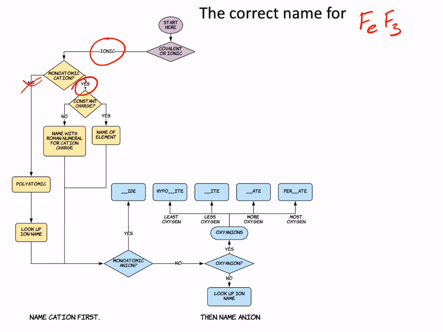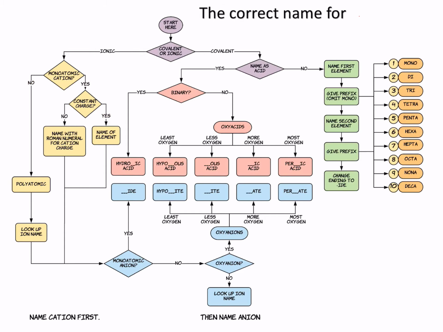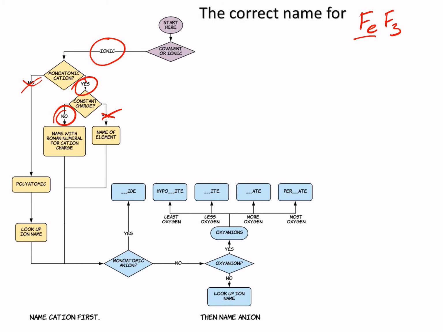Yes, it's just iron. Is it a constant charge ion? Well, no, iron is a variable charge ion. So we use a Roman numeral for the cation charge. Here we have to remember that fluorine has a minus, therefore iron will have a 3+, and then